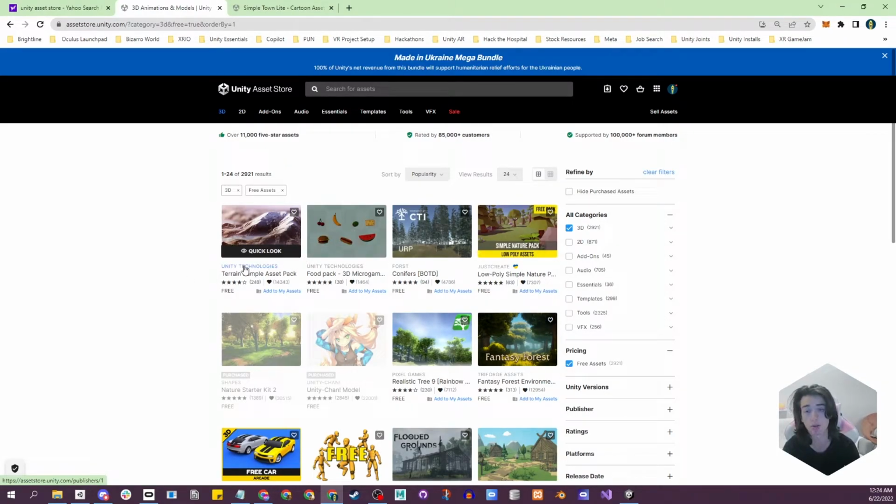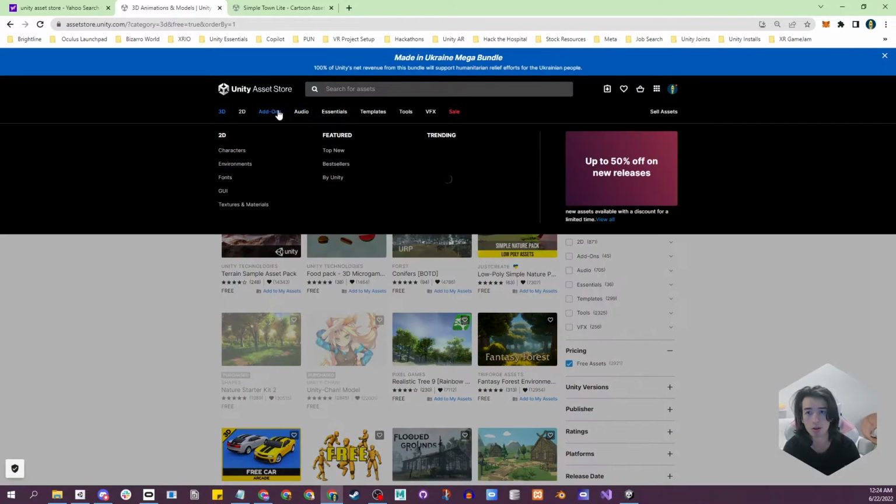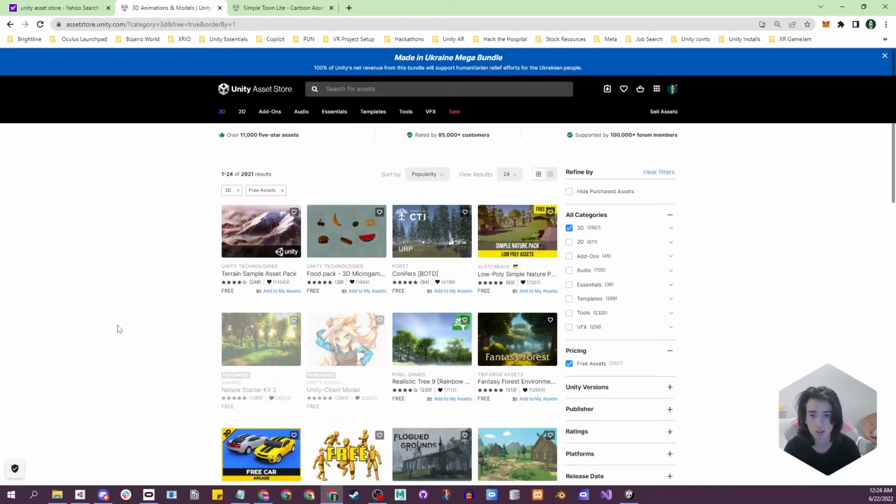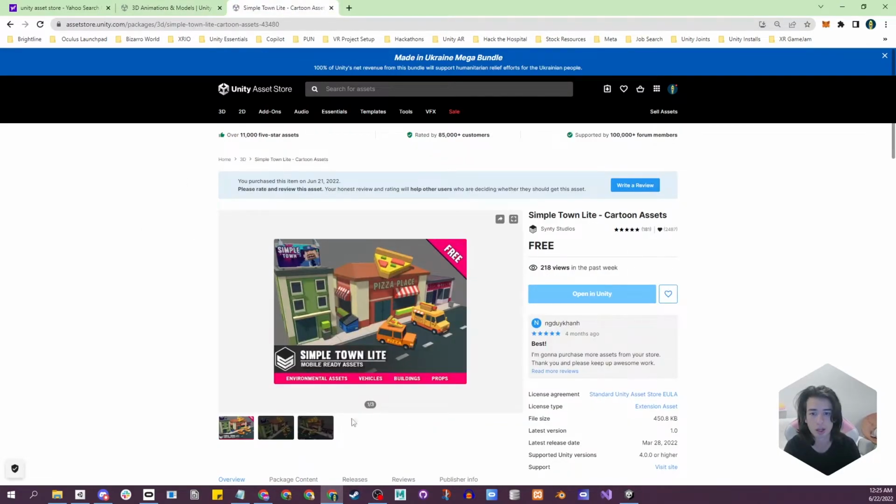And these are just models, but the other options are tools, add-ons, audio, essentials, templates, visual effects. So these are all really nice to be able to lean on. And it's one of the reasons why I'm introducing you quickly to the Unity Asset Store and importing packages. Let's go to our Simpletown Lite,